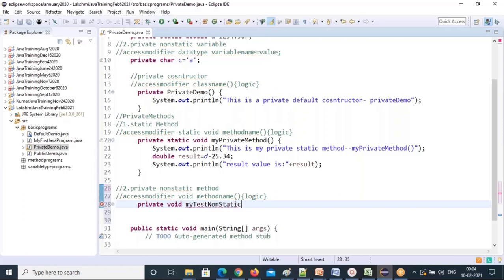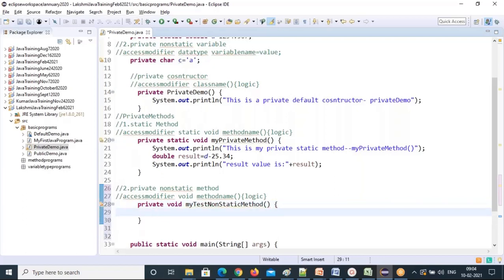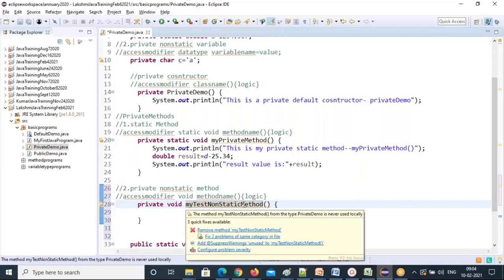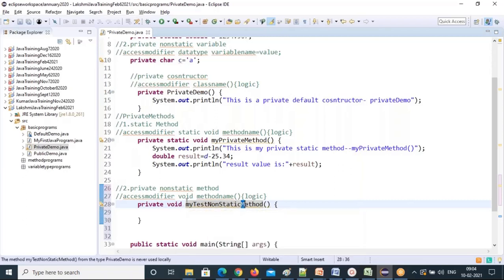I can give each word, first word all lowercase, second word onwards every word's first letter in capital. Test, T capital, N capital, Static, S capital, so non-static, and Method, M capital. So that's the naming convention of a method.